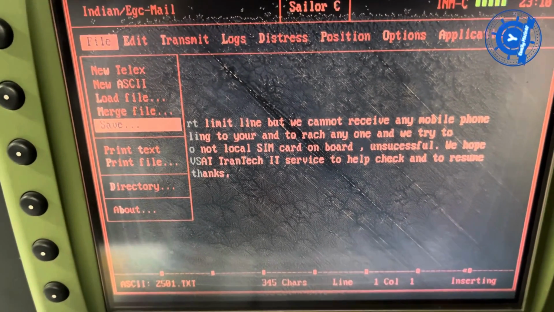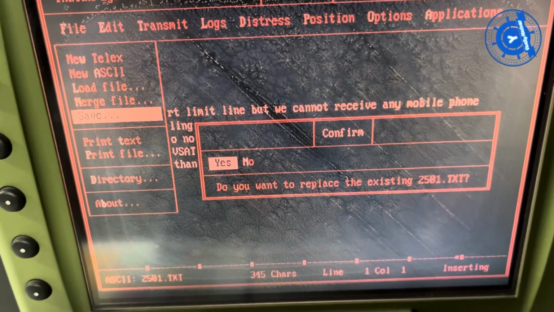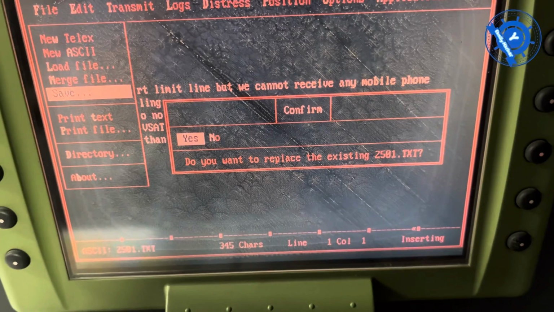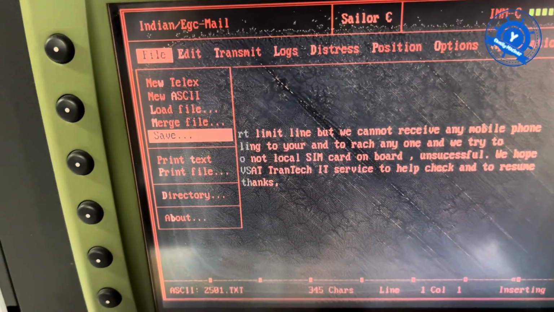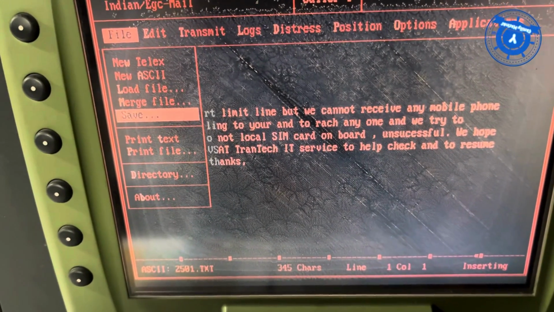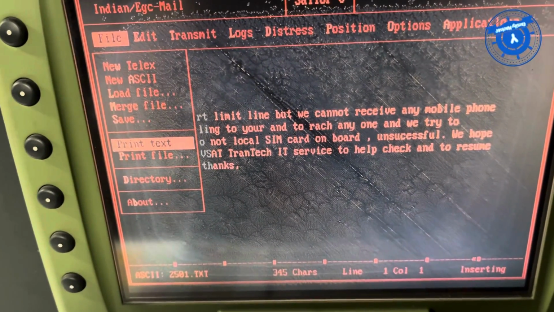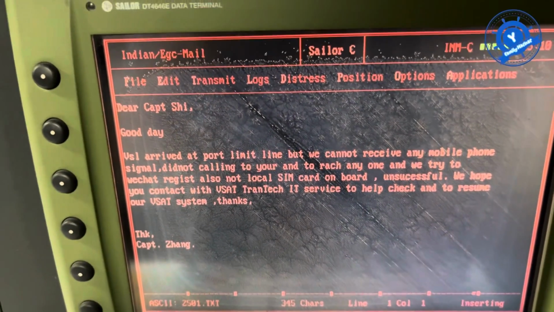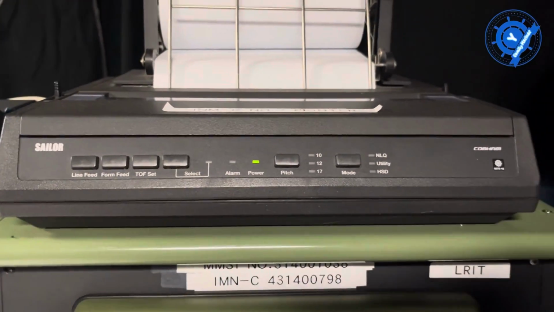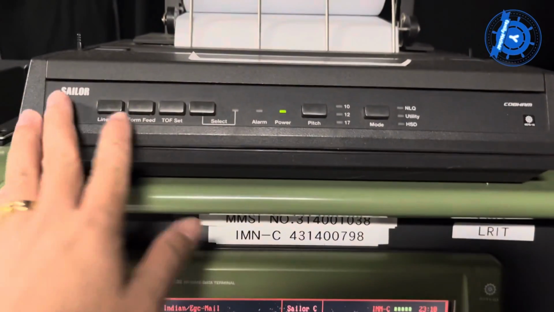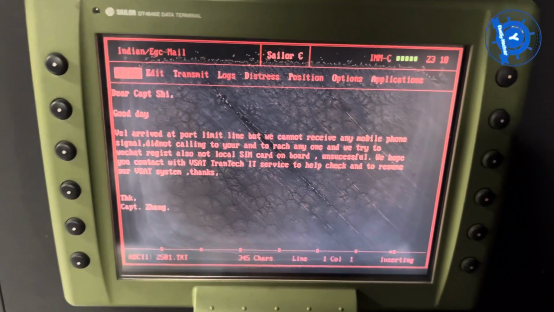Now if you want to save, it asks: do you want to replace 802501 or anything? You can say yes or no. The other one is Print Test. For that, the emergency unit must be connected to the printer, and you can also print and delete.